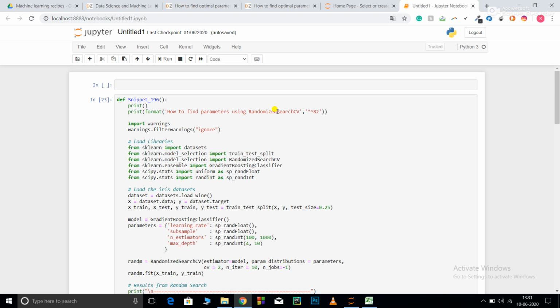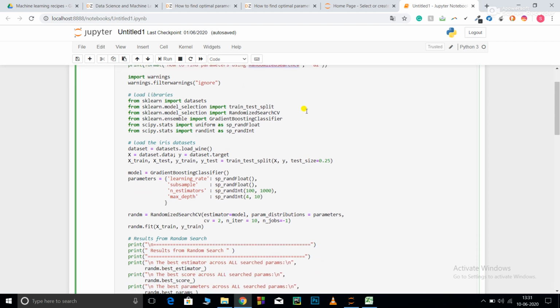Randomized search CV basically tries to maximize the entropy, which means it believes that the more random your selection is, the more chance of getting a better result. Randomized search CV is also faster as compared to grid search CV since the selections are random.